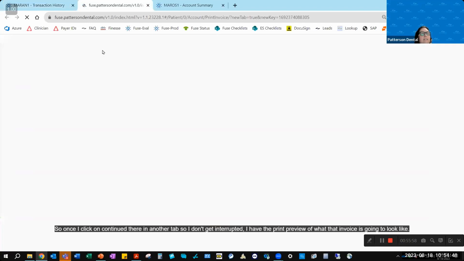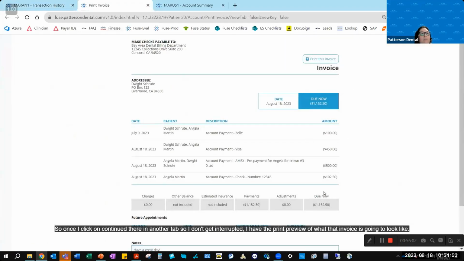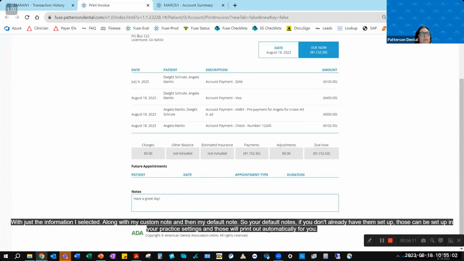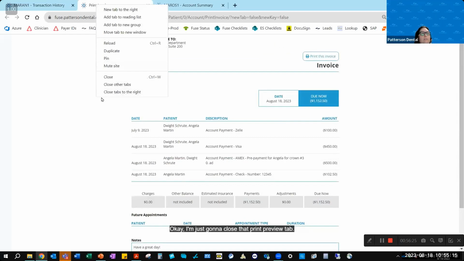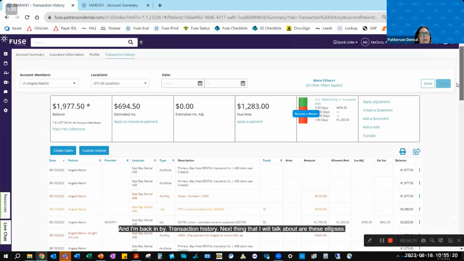So once I click on continue there, in another tab, so I don't get interrupted, I have the print preview of what that invoice is going to look like with just the information I selected, along with my custom note and then my default note. So your default notes, if you don't already have them set up, those can be set up in your practice settings, and those will print out automatically for you. Okay, I'm just going to close that print preview tab. And I'm back in my